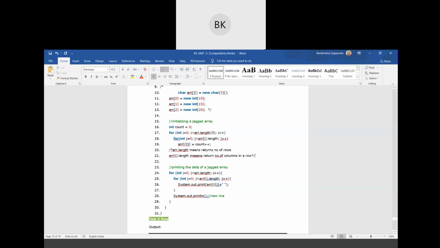Okay, this is the difference. If ARR, what's the first constraint? ARR should be a two-dimensional array. ARR dot length returns how many rows. How can you find out the columns in a